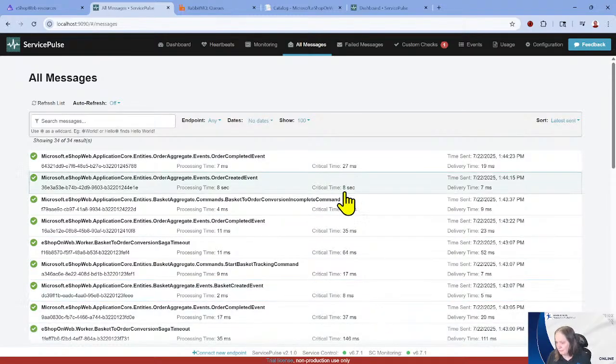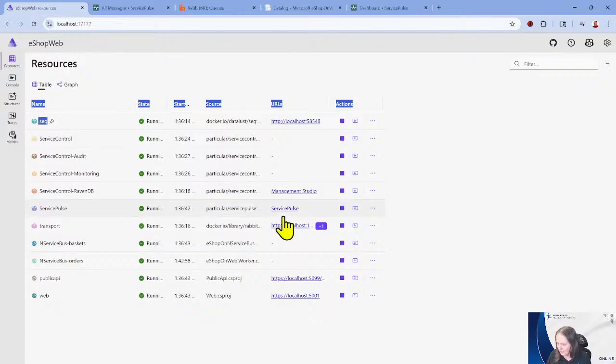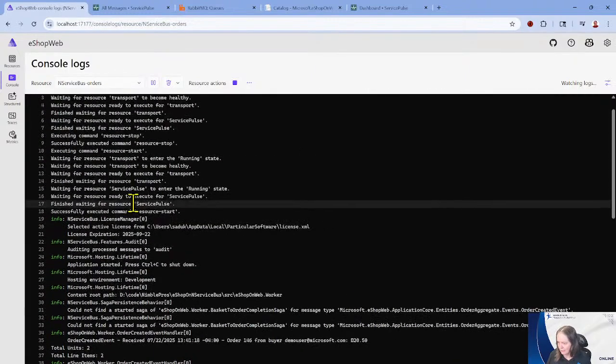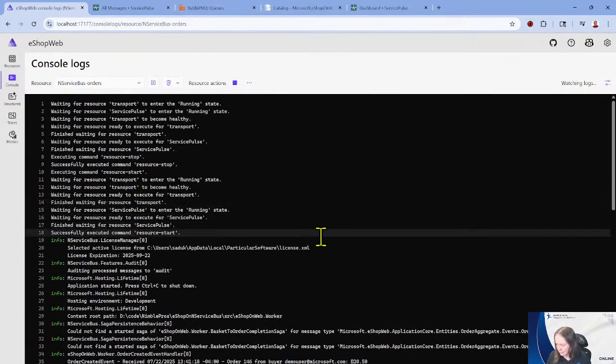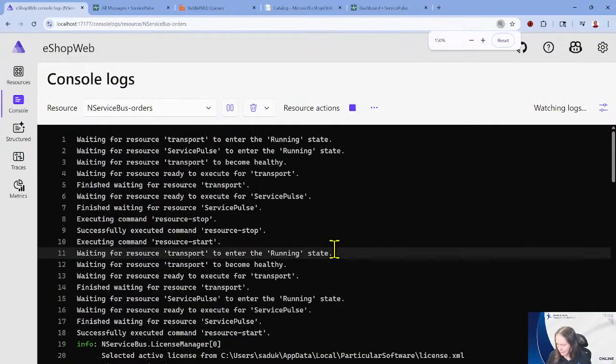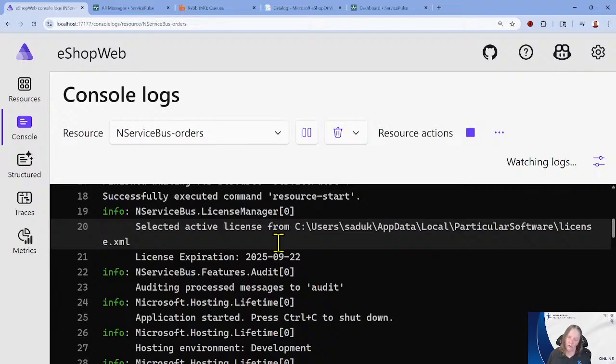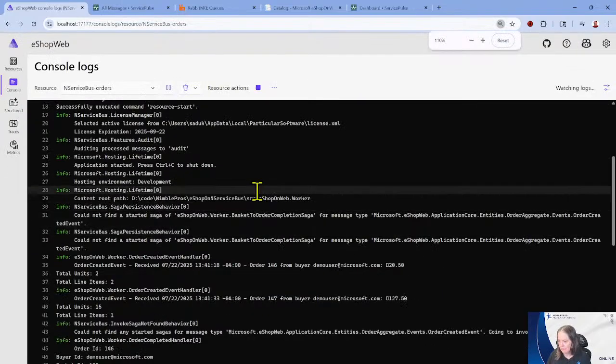It works nicely. The other thing I want to show you with that is if I go into my orders, for example, top right here, you can see where it's looking for the license. So trial license, but again, I'm showing you a lot of features for a trial. So they make it easy.